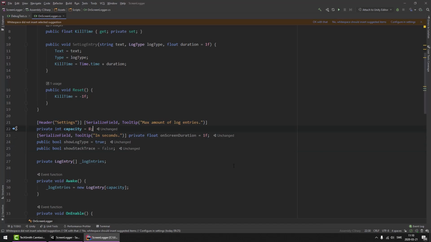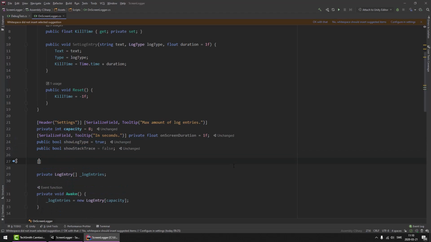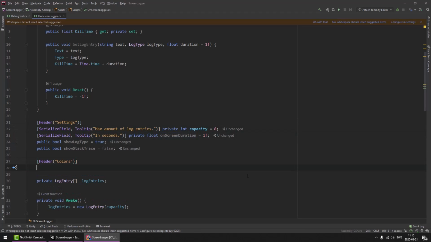We also need a few colors, so we will print parts of it in different colors. So the warning, which is in the console, is yellow. We will print the warning log type in yellow as well. So let's add a new header and say colors. And let's move that part to be capacity. Okay, so the colors we need are